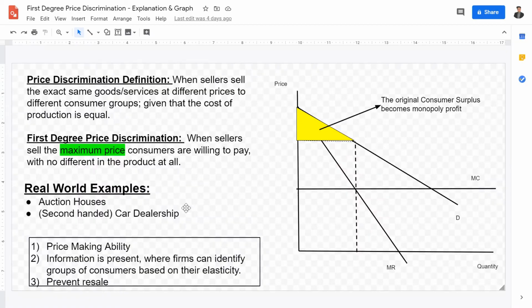So, starting things off, first degree price discrimination is when sellers sell at the highest price at which consumers are willing and able to buy. And it's important for us to first understand what price discrimination is. Price discrimination is when any firm sells at different prices to different consumers for the exact same product. So it's kind of sketchy, and this is of course to receive more income, exceeding the profit maximization quantity and